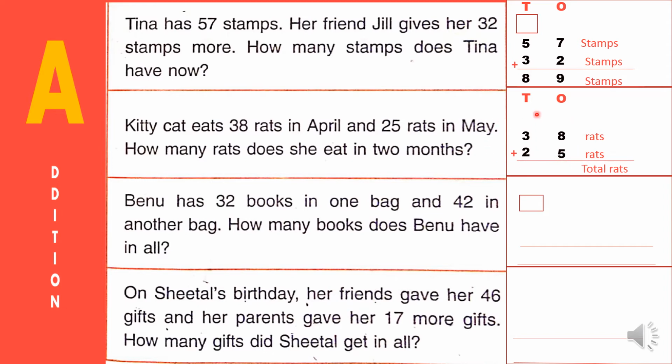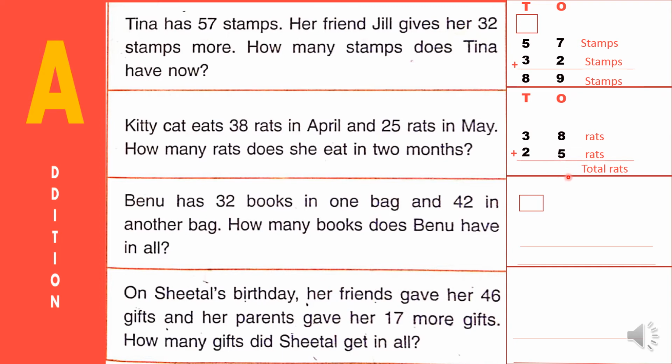First we have to add the ones column first. So 8, 5. Which number is the bigger number, children? 8. So you should keep 8 in your mind, 5 is in your hand. Open 5 fingers, children. 8, after that 9, 10, 11, 12, 13. Do I write 13 here?